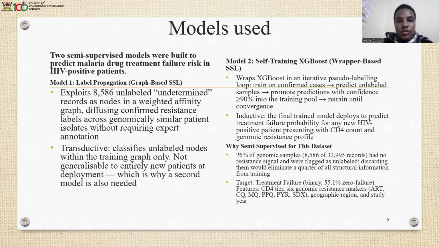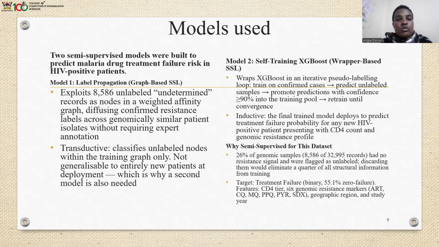Let's dive into the core of our research by looking at the methodology, where we were faced with a unique challenge. 26% of our dataset, over 8,500 genomic samples, were unlabeled. They had no clear resistance signal. So if we had used a traditional supervised learning approach, we would have had to discard all that potentially valuable